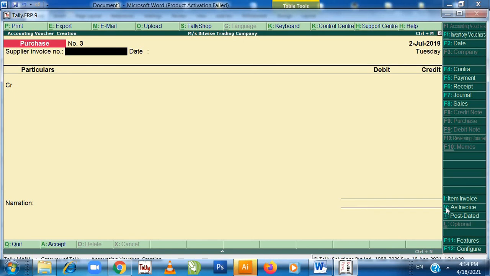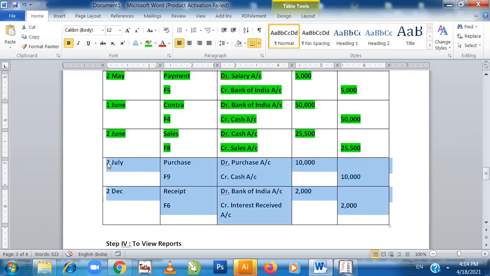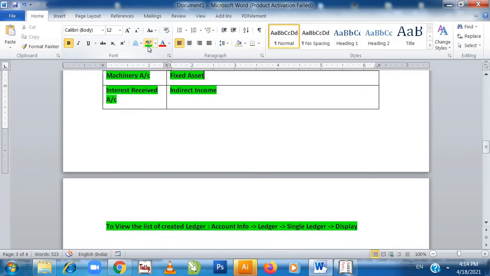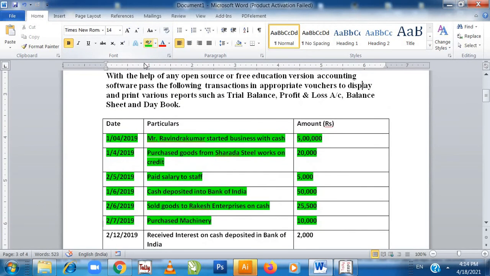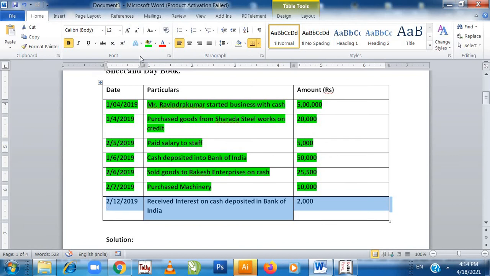Receive interest on cash deposited into Bank of India. This we have completed, so I am just highlighting it. Here is the question. That is on 2nd of December. Receive interest on cash deposit in Bank of India.